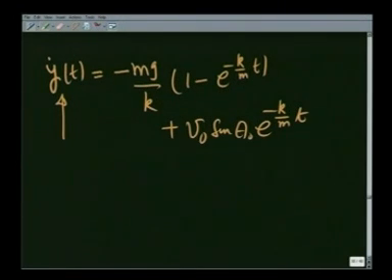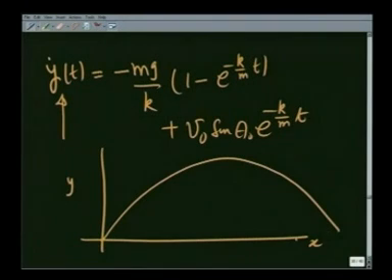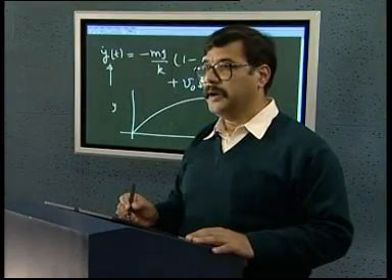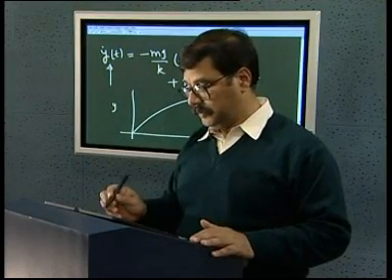If I want to find the trajectory of the particle, that is, I want to find how it goes in space, then I have to solve for x and y and plot them one versus the other. However, before we find the trajectory, let us play around with the expressions for the velocities that